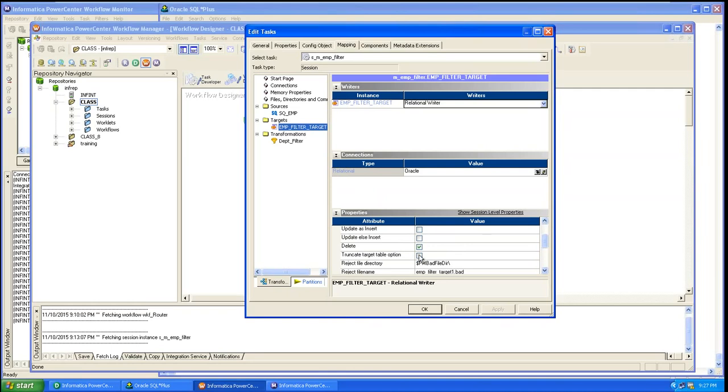If you click this particular option, before loading the data into the target table, whatever previous data is there, it will remove all of it, and then it will load only the fresh data. Whatever data is processed in this particular run, only that data it will load into the target table.